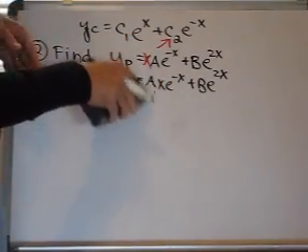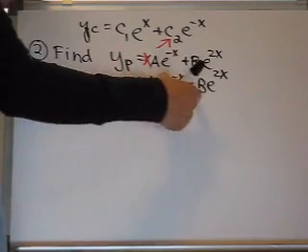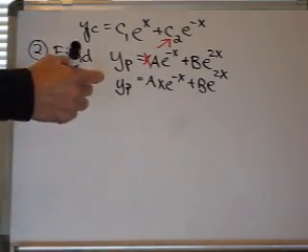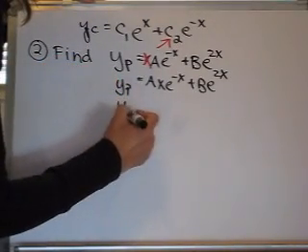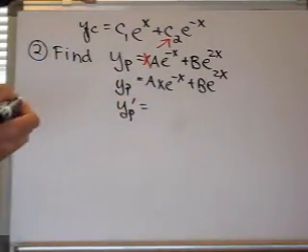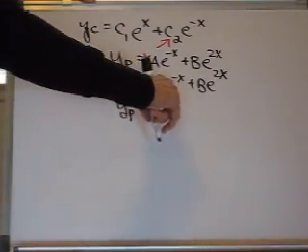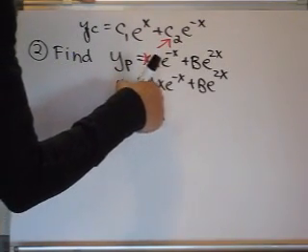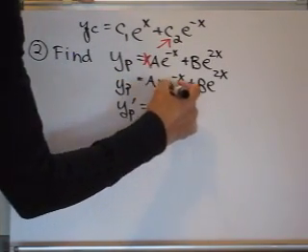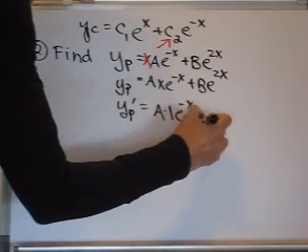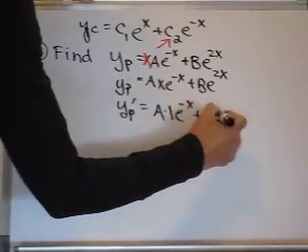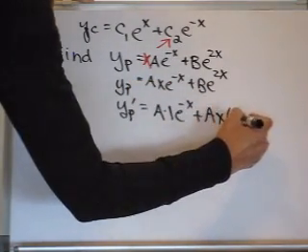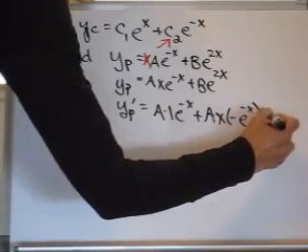So the next thing I need to do is solve for these unknown coefficients, a and b, by substituting back into the non-homogeneous differential equation, which means I'm going to need to figure out what the second derivative of yp is. So yp prime. Need to use a product rule on this first term. The a doesn't change under differentiation, it's a constant. The derivative of x is 1, and then that's going to be times e to the negative x, plus the a stays the same, x stays the same, and the derivative of the second function, e to the negative x, is negative e to the negative x, plus, and then I need to